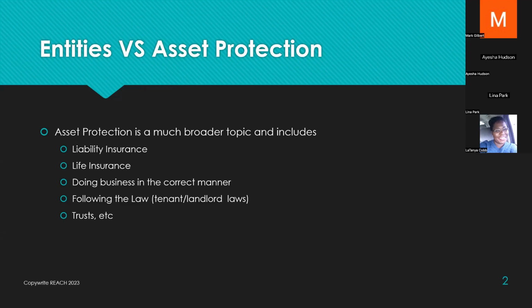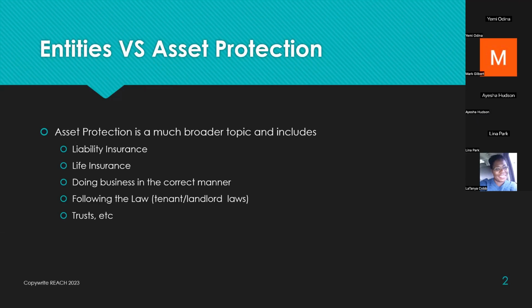A lot of times we think of entities like LLCs and C Corps as asset protection. And yet it is only one piece of what you need to think about when you're thinking about protecting your assets. And so when I think about asset protection as a whole, the things that we talk about adding in this are entities for sure, but liability insurance is probably a bigger part of asset protection actually than the entities are,